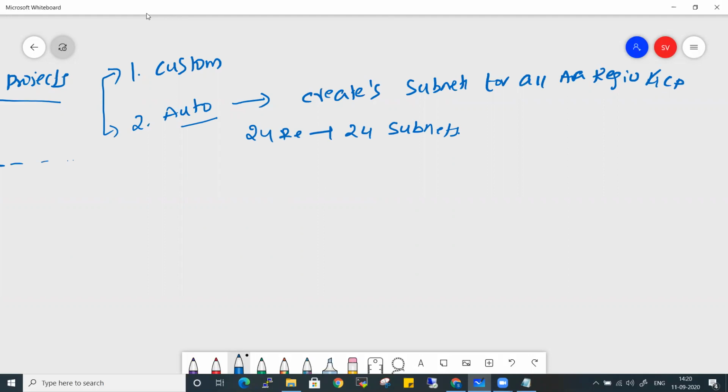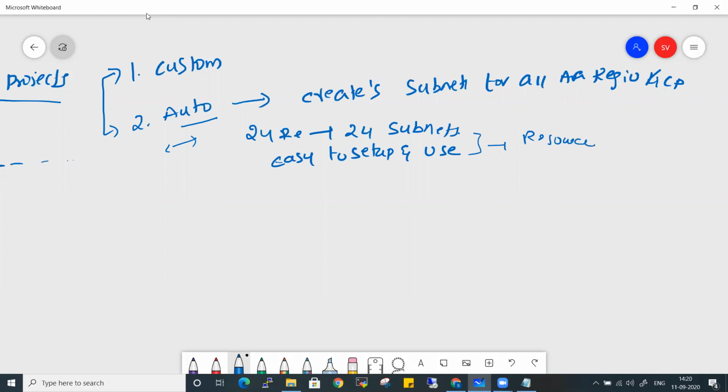So auto mode is all about being easy to set up and use. If you're a fresher, or a very new person who has come into Google Cloud Platform and you want to explore all the various available options present in GCP, then it's better if you go for auto mode, because it takes away the overhead of you creating subnets and all. Google creates subnets for you and you can directly access all your resources.